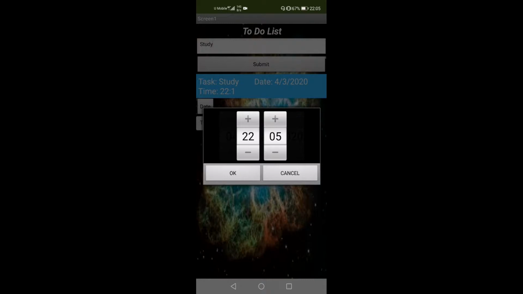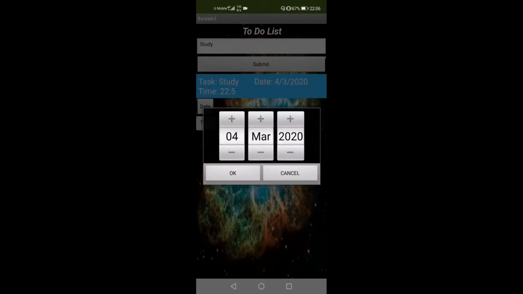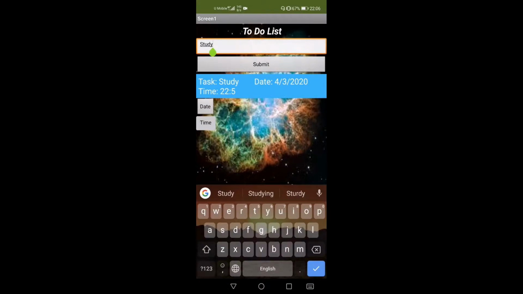So for the launch date picker and time picker, it will pop out the time and the date. So after you set, you will see your task, the date you set and the time you set. When you want to make this task disappear after you finish it, you just press it, so it will disappear. So when you submit again, it will be the same, or study tonight,